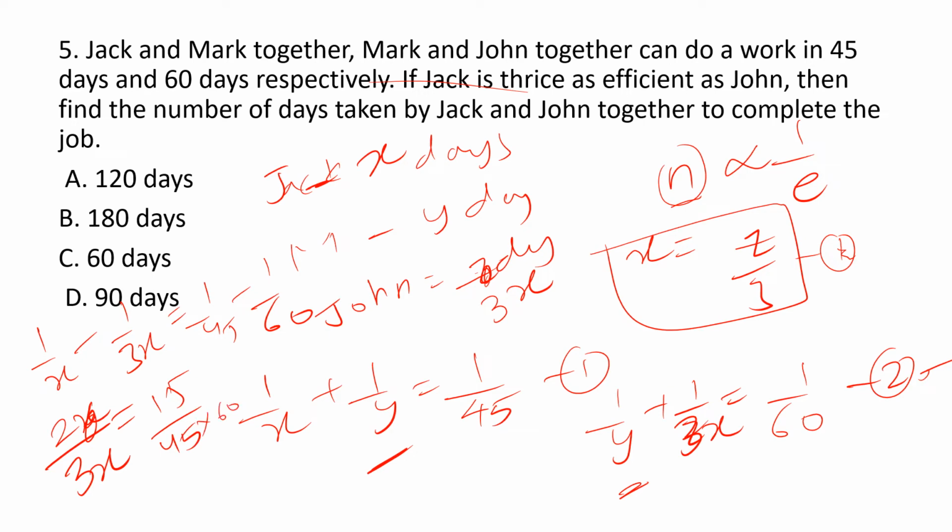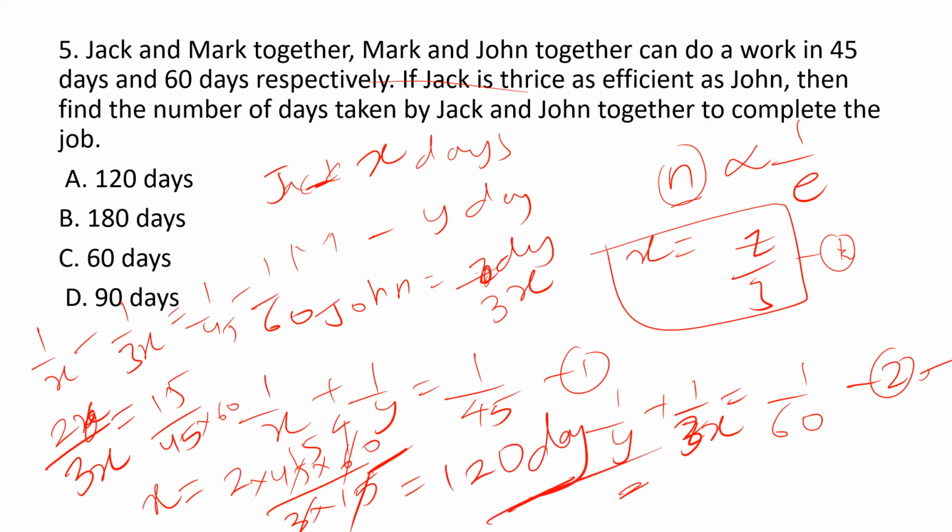60. Now guys, we get x is equal to 2 into 45 into 60 divided by 3 into 15. 15 ones are 15, fours are 3 ones are 3, 15s are 4, twos are 8, 15 eights are 120. This is the final answer. I think we have landed at the right solution. So this is the process. Still, if you are having any kind of doubts, you can simply comment.